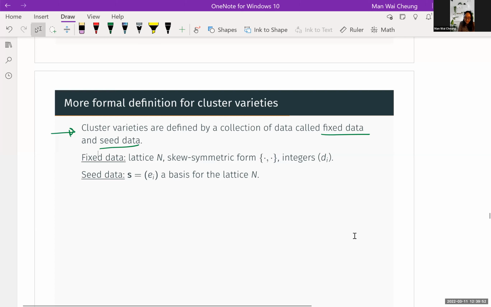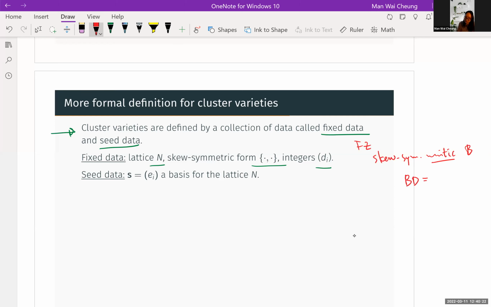Fixed data are a lattice and a skew-symmetric form, and some integers d_i. And let me emphasize here that in the Fomin-Zelevinsky world, or in the general cluster algebra story, they define it by something called a skew-symmetrizable matrix. That is a matrix multiplied by a diagonal matrix